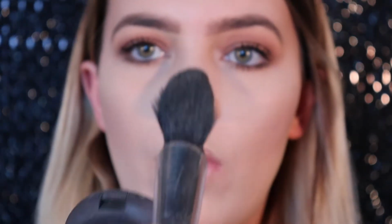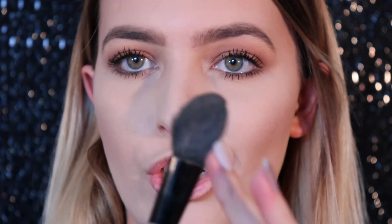So I'm going to wet my highlighting brush, my cheap e.l.f. $3 brush that I probably got at like Target. I don't know. Anyways, I'm taking this brush and I'm just gonna take my Evian spray because I can't find my setting spray. I literally have looked in every bag for it, and I can't find my Glam Glow Illuminating Setting Spray anywhere, so it's the only spray I can find right now. So I'm just wetting it, and then